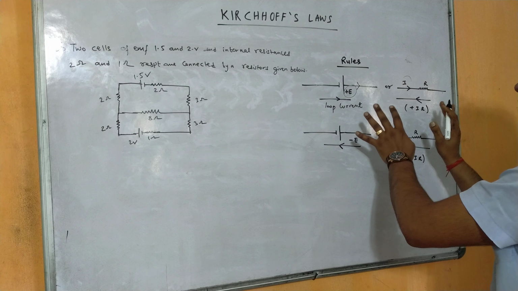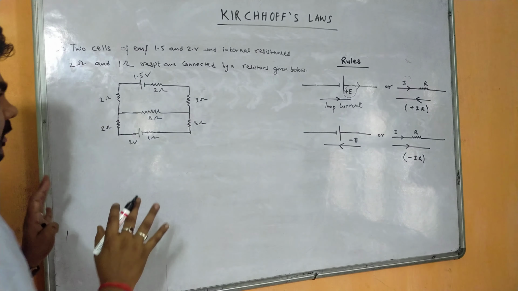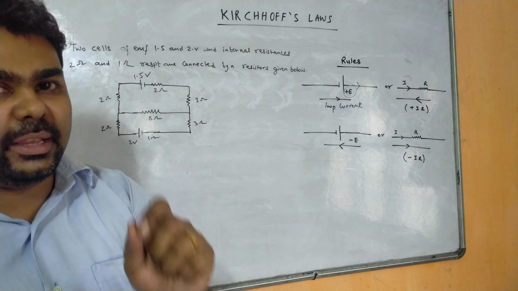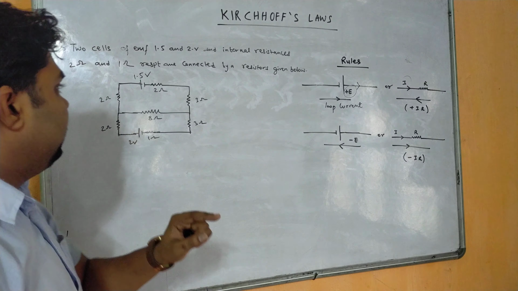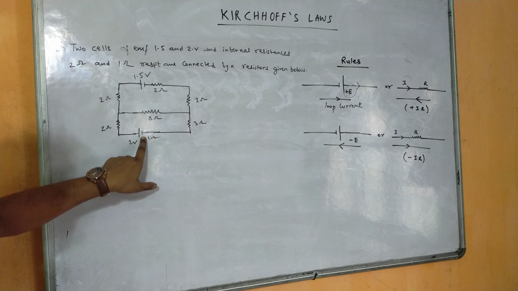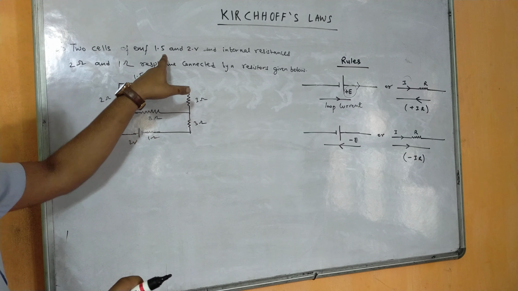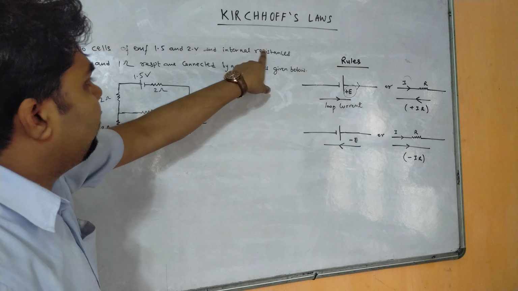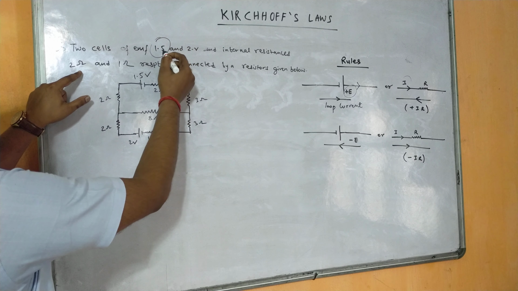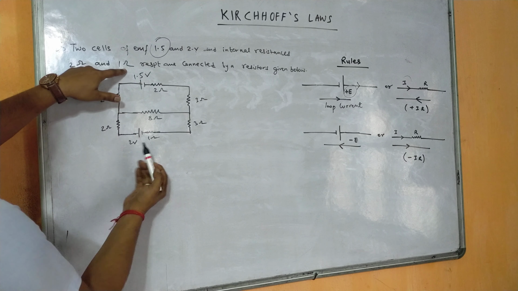So let's see how this is applied in this question. The question will be given to you like this. First you have to read the question and see whether any internal resistance is mentioned or not. If it is mentioned, then you have to draw this resistance across the negative terminal. Generally it is drawn across the negative, that is the smaller terminal of a battery. So you see 1.5 volt and 2 volt, and internal resistances 2 ohm and 1 ohm. That means this 1.5 volt has internal resistance 2 ohm and the 2 volt has internal resistance 1 ohm, right?